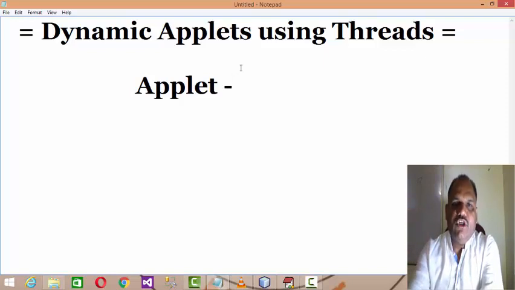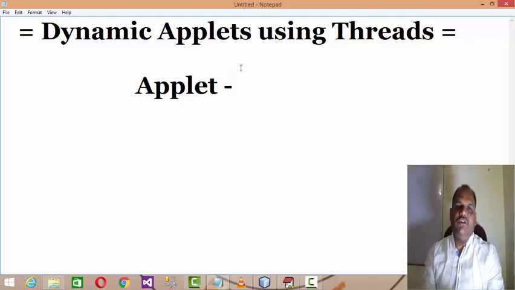If you want to represent data in the format of drawings, graphics, or images, then the applet is useful, and it is a browser compatible application.